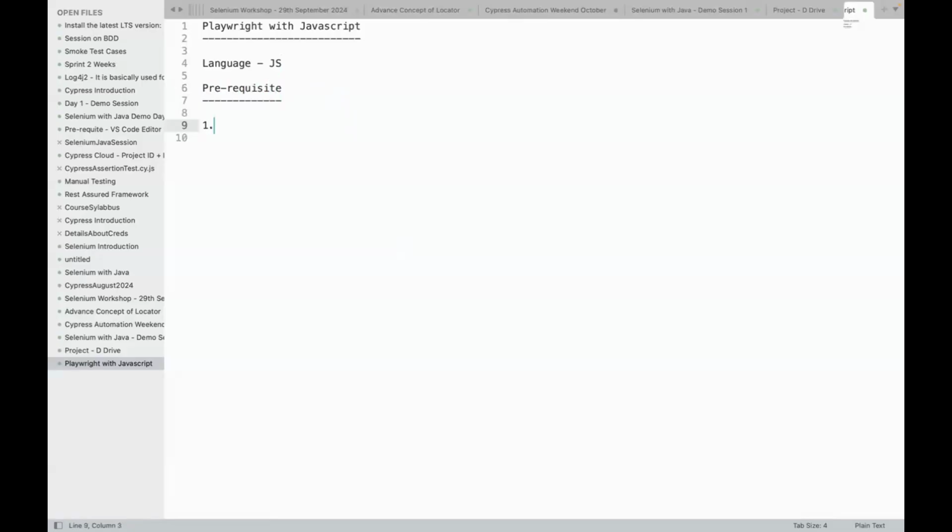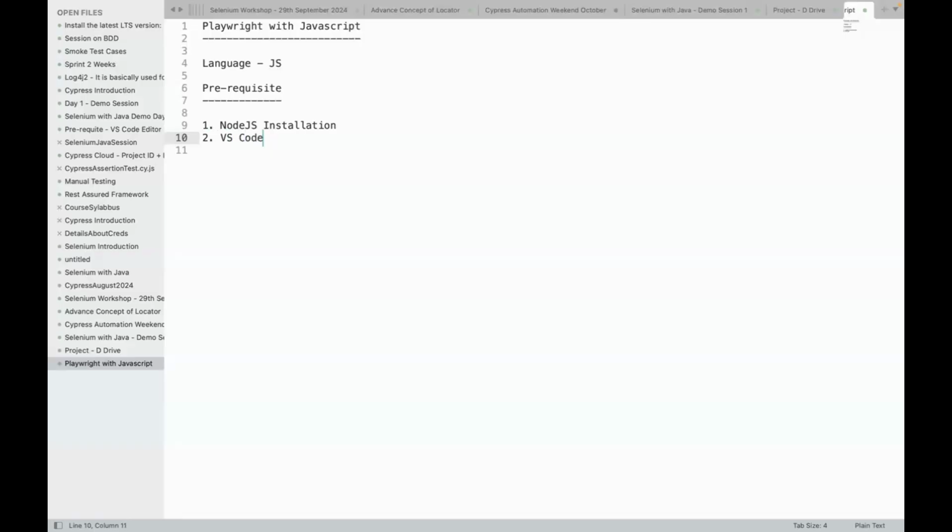One is the Node.js installation. Node.js installation is mandatory. If it is not available on your Windows or Mac, we need to make sure that node is installed successfully. And the second prerequisite, guys, is VS Code.